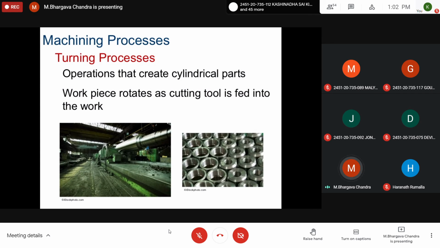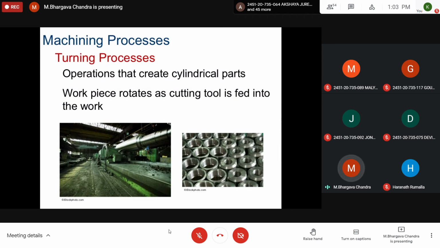The turning process is done in a machine called a lathe machine, where all the cylindrical components will be rotated at high velocity, and a sharp tool will be passed with respect to the rotating body. This sharpness of the tool bit will come into contact with this rotating element, and because of the frictional resistance offered and the high hardness of the tool piece, the material of that particular component will get eroded or removed in this rotating process.